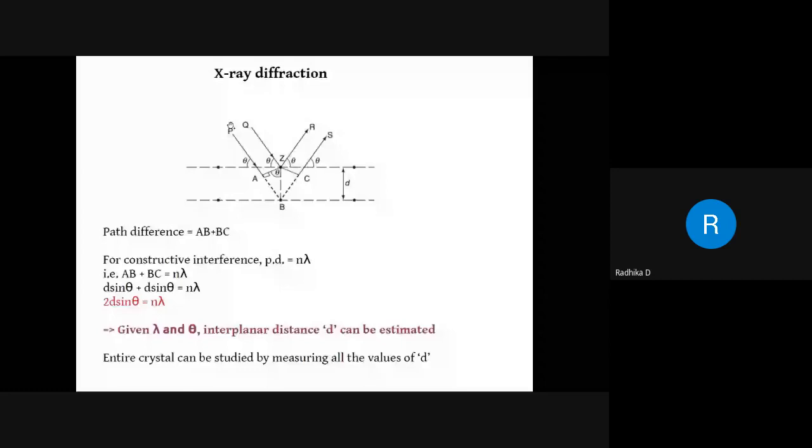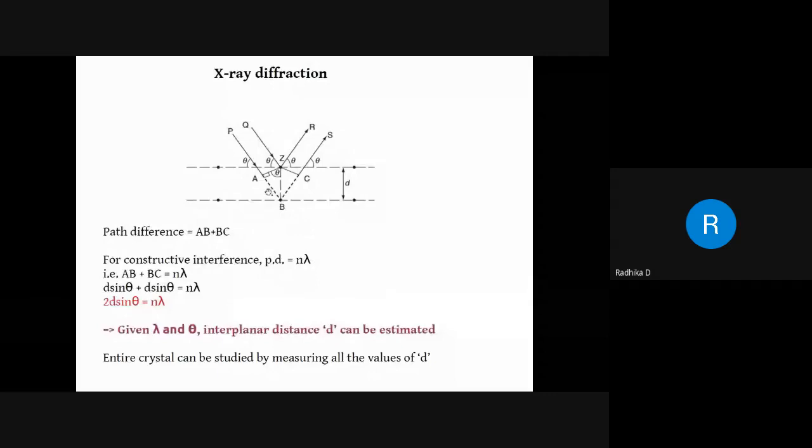Now, for that reason, what we are going to do is, from this atom Z, we draw a perpendicular to these two rays. That means this incident ray at the bottom, that is this direction PB, and the diffracted ray from the bottom, that is this direction BS. You draw two perpendiculars. Okay. The angle made by the perpendicular with respect to this distance, that is this interplanar distance D. If this is D, then obviously this also is D. The distance BZ is also D, the interplanar distance. So the angle made by the perpendicular with respect to D is theta.